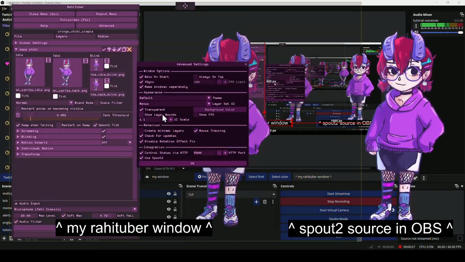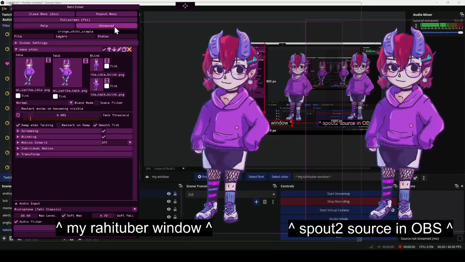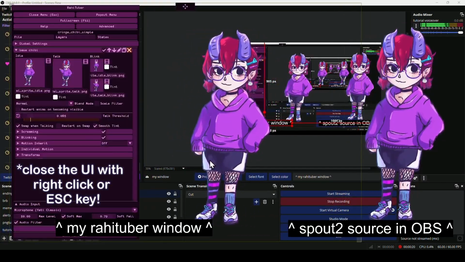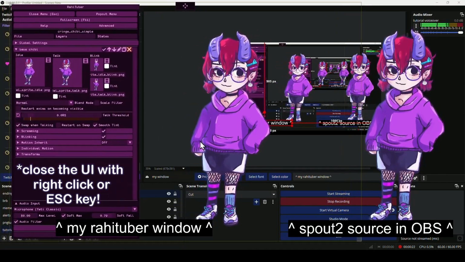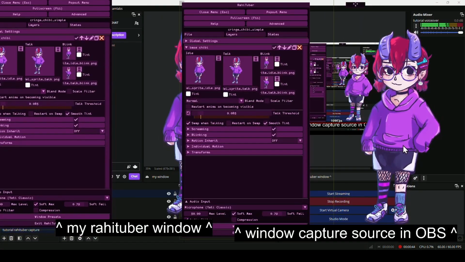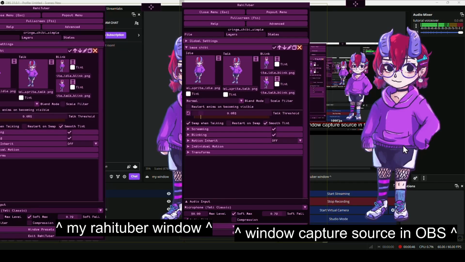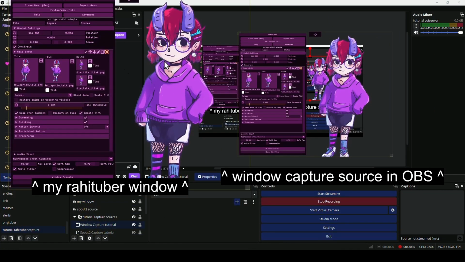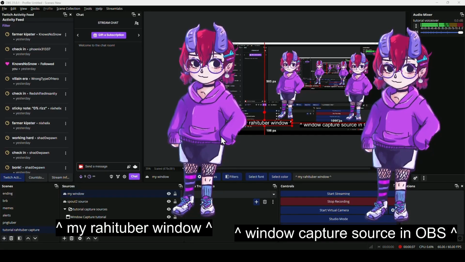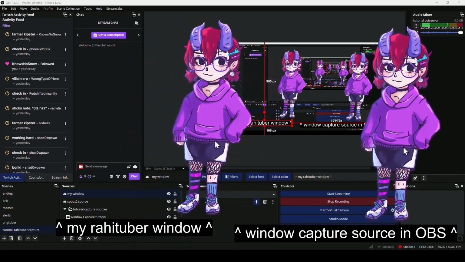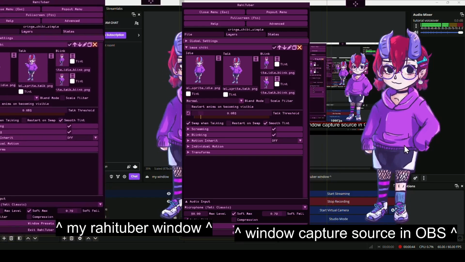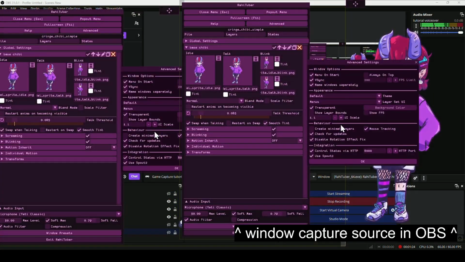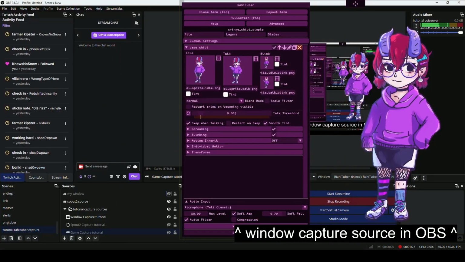You can hide behind the scenes stuff even more if you go to turn off showing layer bounds in advanced settings. If you do want to be able to show the UI, say if you're working on your model live or in a recording and you want to show your settings, window capture and game capture will both show the UI if you have it docked and opened. You can also choose to show your cursor in OBS's settings for the source if you want. If you're using game or window capture and you do want to hide the behind the scenes stuff from OBS, but you still want to be able to open up your settings, simply pop out the menu with this button near the top of the RahituBer UI and toggle off showing layer bounds in advanced settings.